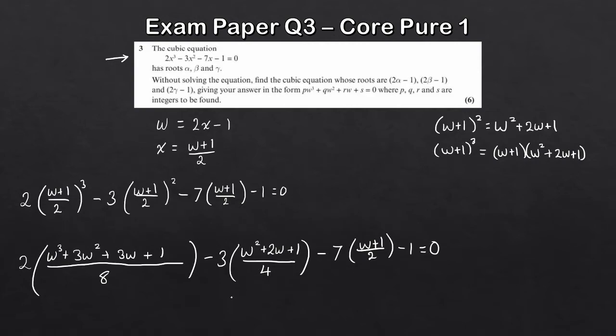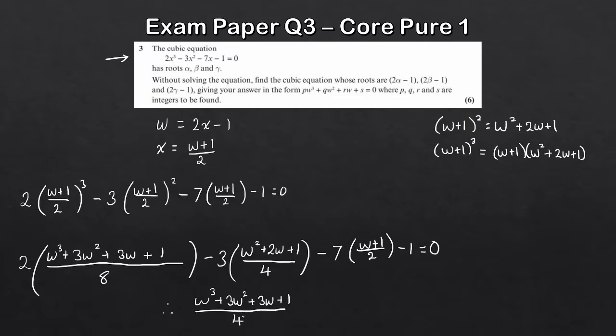So the easiest one to end up here with would be the 4, right? 2 divided by 8, so I'll get a denominator of 4 here, got a denominator of 4. If I times this top and bottom by 2, we get a denominator of 4, and then just times that by 4. So, what we've actually got then here, 2 divided by 8, so I get 1 over 4, so I've got w cubed plus 3w squared plus 3w plus 1